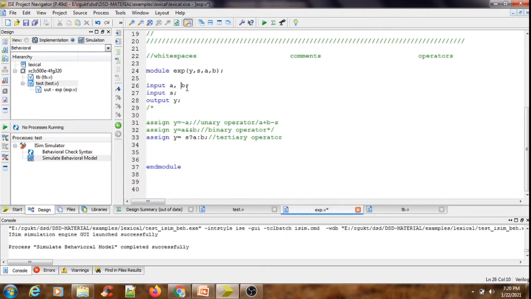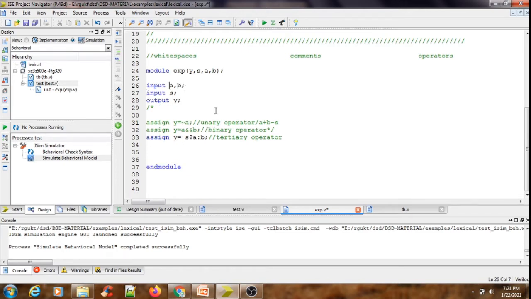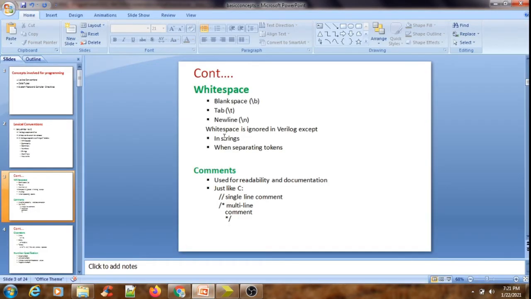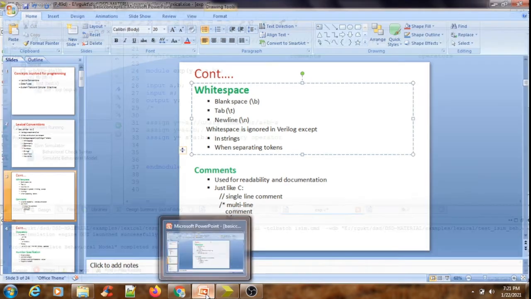Even if I press the tab button or the enter button for a new line, Verilog simply ignores these white spaces. One thing should be clear: Verilog doesn't ignore white space where it is essential in separating tokens and strings.